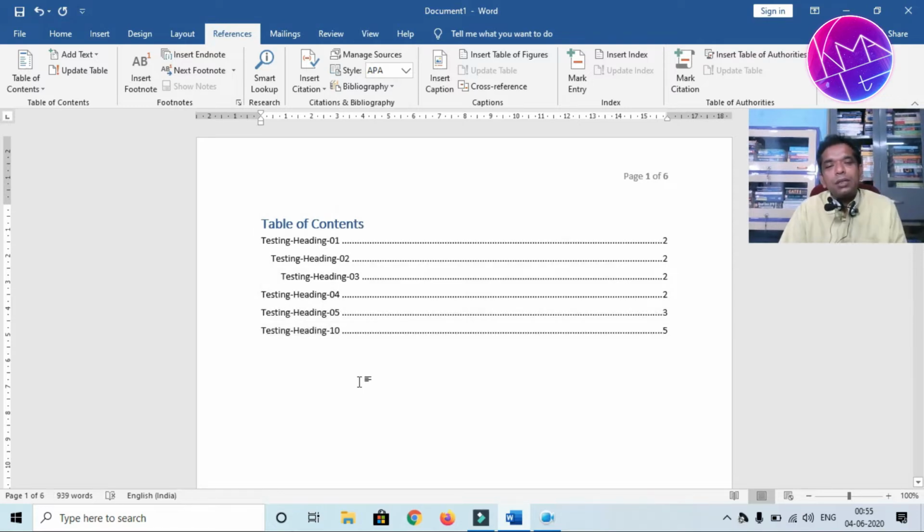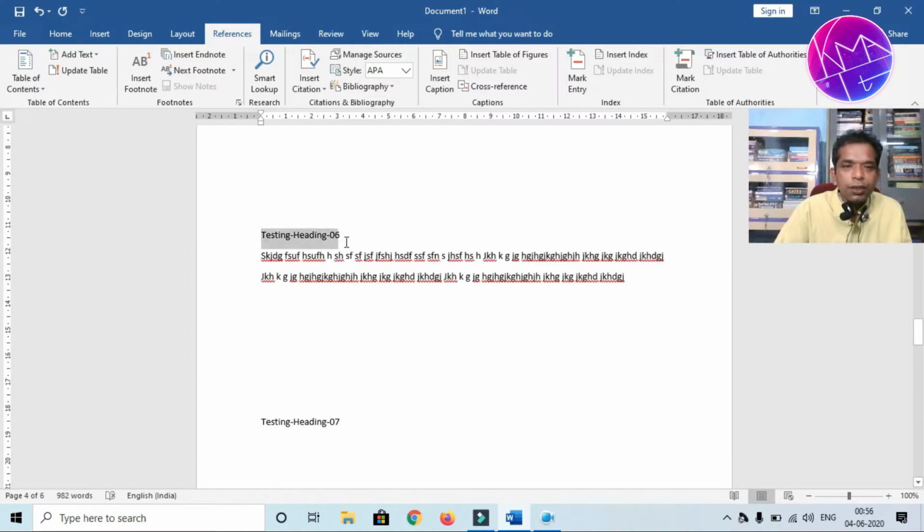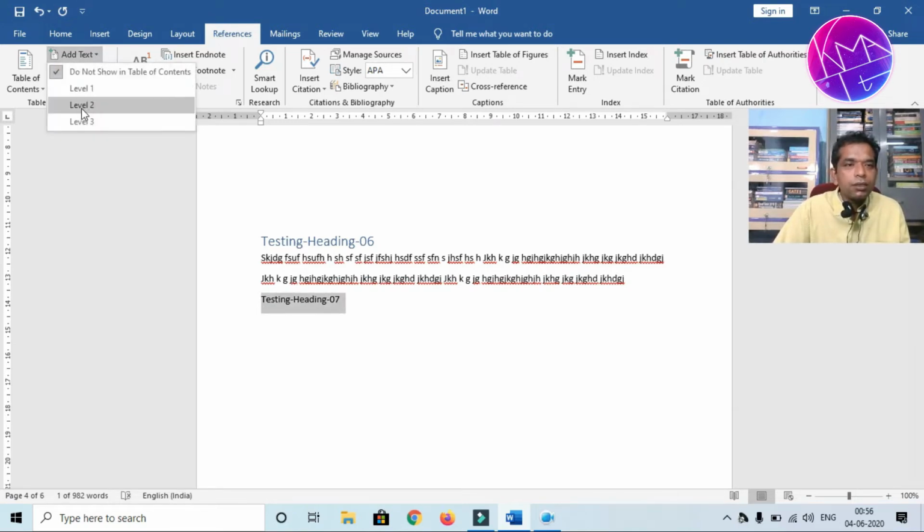We have not done anything on heading 6th, 7th, 8th and 9th. Now let us do this 6 right now. Let us write something here. Okay. Now select this one, go to add text, check level 1. And just assume you are trying to put heading 7 under heading 8: select it again, move to add text, select level 2.